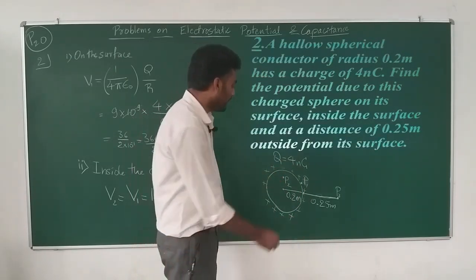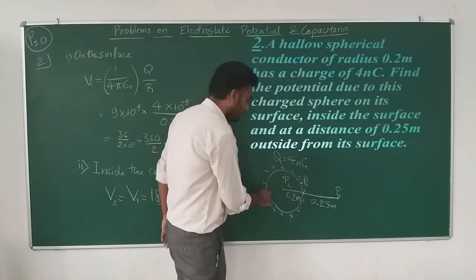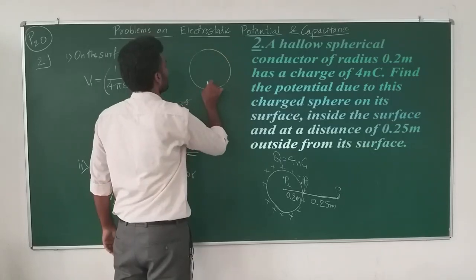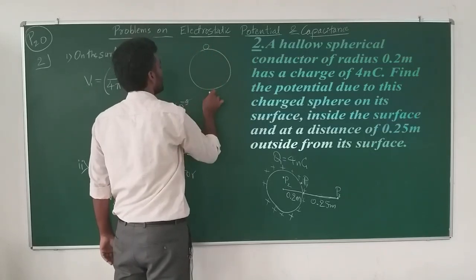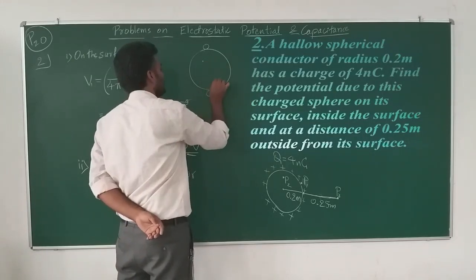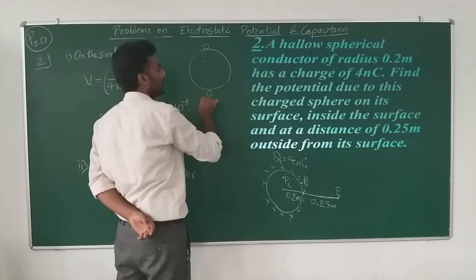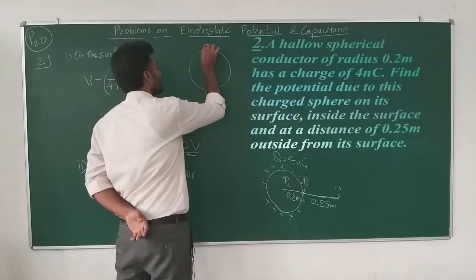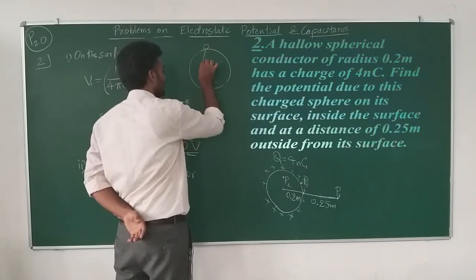But in order to remove that, I can give you the mathematical approach. See, you take a spherical conductor, keep a certain charge at this point, a certain charge at this point. Choose any point here or here or here. Then you work out the potential at this point due to this charge and due to this charge.